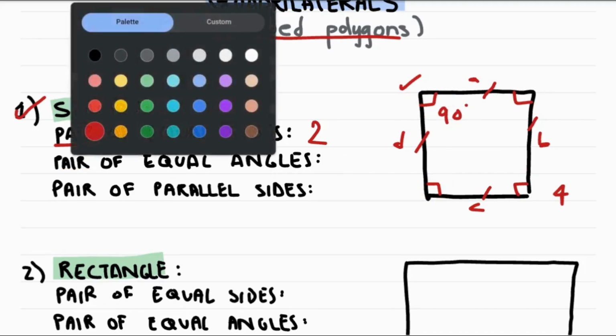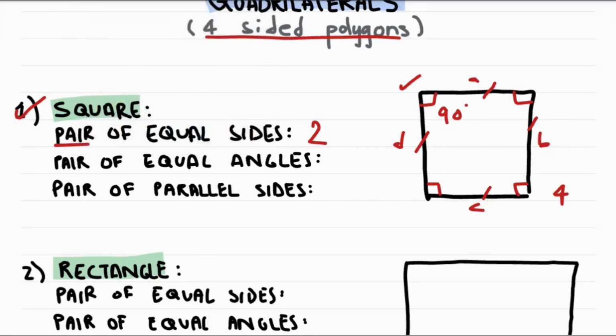Now let's look at how many parallel sides it has, right? So line A and line C are parallel to each other. This means that if they're extended infinitely, they'll never ever intersect each other, right? But what about B and A? We can see that these are intersecting each other, so these are not parallel sides. So side A and C are parallel to each other and side D and side B are parallel to each other. That gives us two pairs of parallel sides as well.